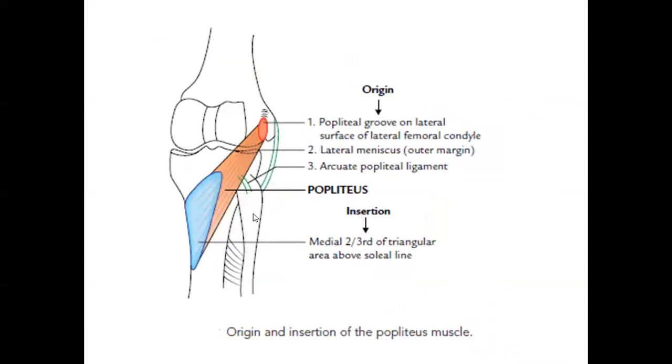Now, the popliteus muscle is supplied by a nerve to the popliteus, which is given off in the popliteal fossa. There were some important Viva questions that were associated with the nerve to the popliteus, which I have discussed in the popliteal fossa. ये क्रॉस करती है, फिर popliteal की अंडर सरफेस पे जाती है, वहां से सप्लाई करती है popliteus को. In addition to supplying the popliteus, there are some other structures that are also supplied by this nerve.